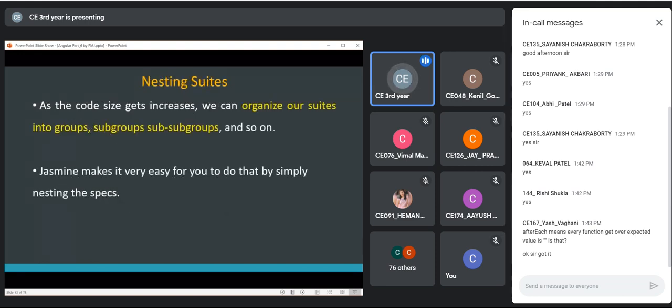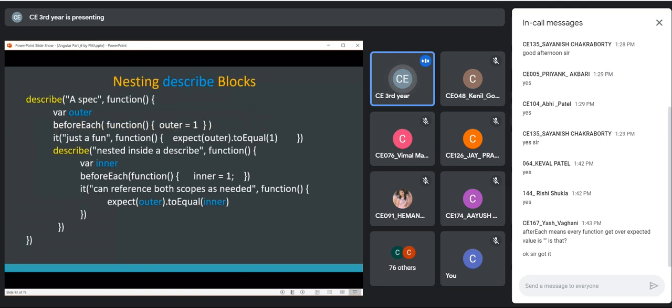Okay, there are a few more facilities. You can nest one test suite inside another test suite. This is possible in JavaScript. Basically, it is used for organization purposes.